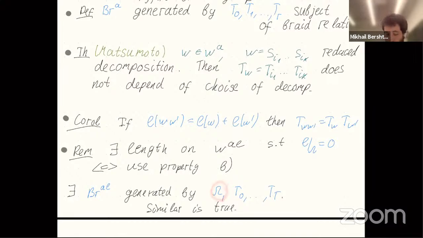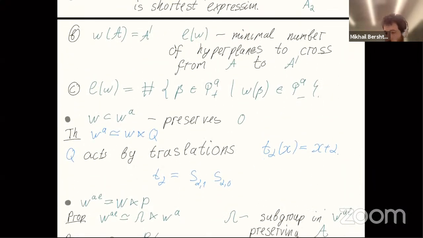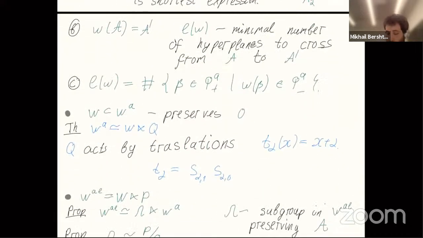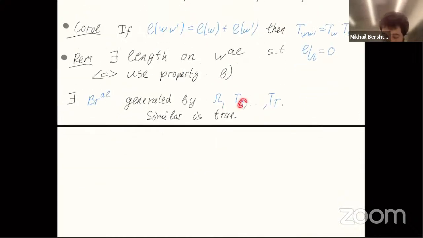Omega, yes, the group Omega is a group which preserves the fundamental alcove. So it permutes the hyperplanes on the boundary of the fundamental alcove, hence it permutes simple roots. So the commutation relation between Omega and T_i is a permutation of the indices. So I can write it as a formula: for any omega in the group Omega, omega T_i omega inverse is T_omega(i).